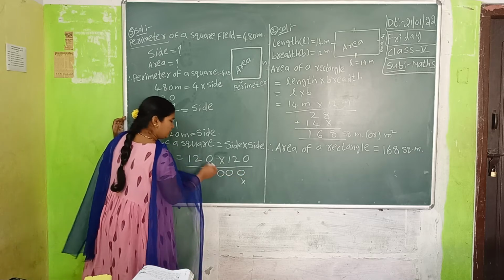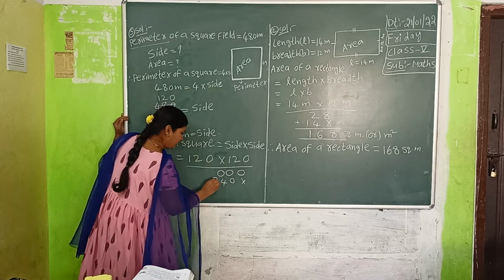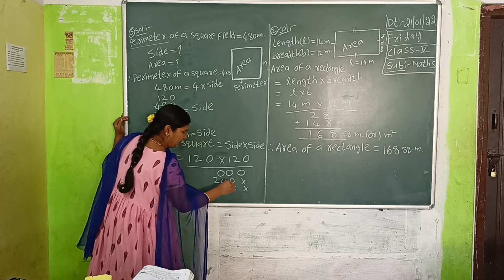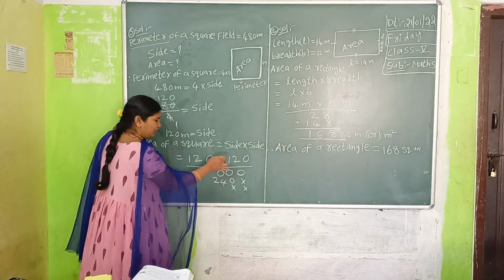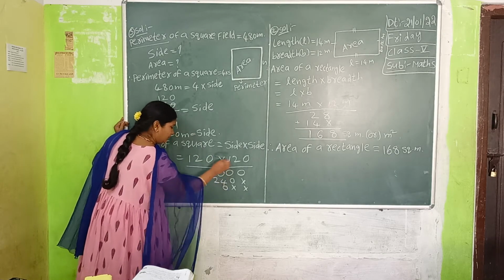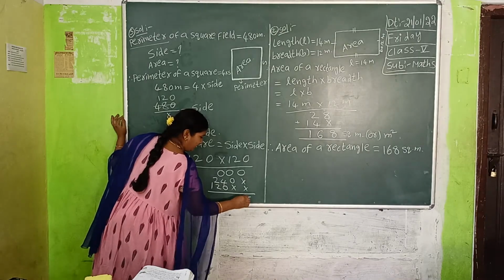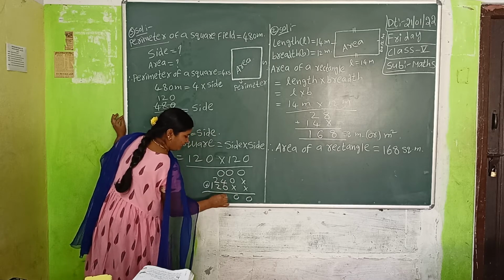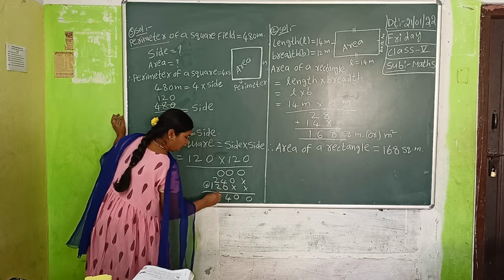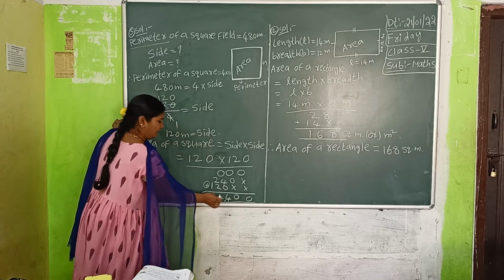Now 2 into 0, 0. 2 twos are 4. 2 ones are 2. Hundreds place answer also starts in the hundreds place only. 1 into 0, 0. 1 twos are 2. 1 ones are 1. Now write down all these numbers and do the addition. 4 plus 0, 4. 2 plus 2, 4. 1. What is the answer here?